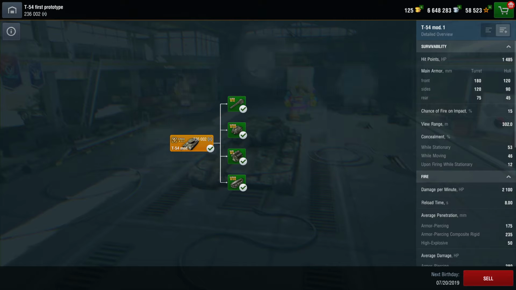So starting off, the main armor of the turret is 180 on the front, 120 on the sides, and 75 on the rear. And the hull is 120 on the front, 90 on the sides, and 45 on the rear. Now, 120 does not sound like a lot on paper, but I will put a little clip of the armor up in the left top part of the screen, which you can see now, where you can actually see that